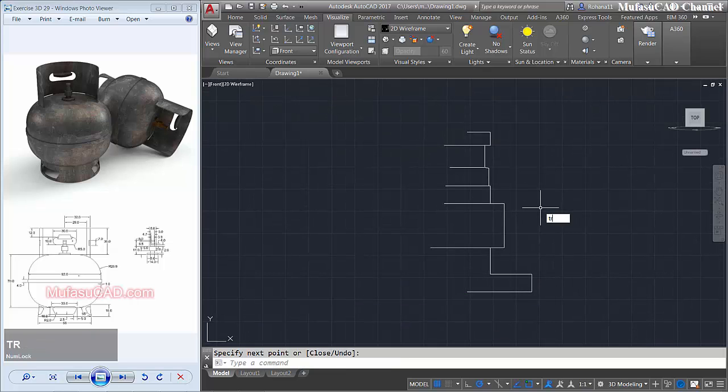Okay, I will use the trim command to cut this line object.